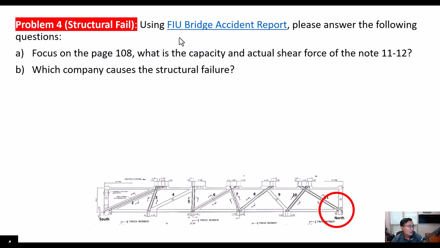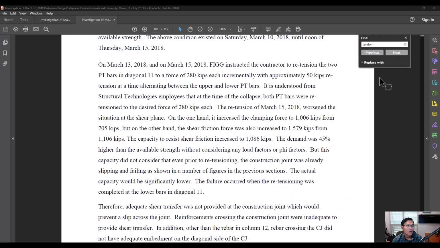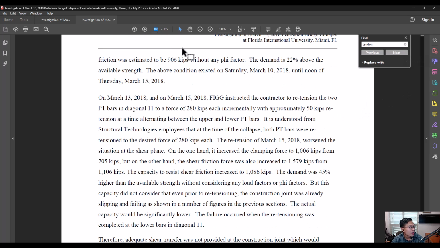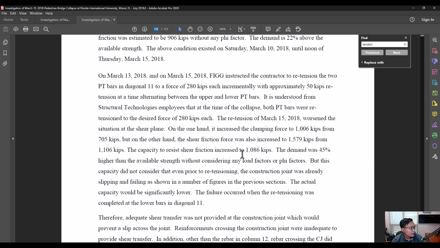Problem 4, let's go back to the report here and look at page 108. What is the capacity and the actual shear force of the truss member 11 and 12? Oh, sorry, this one is the joist between 11 and 12. This is the joist 11 and 12. As you can see here in page 108, if you read